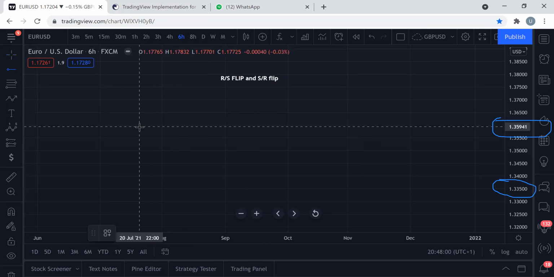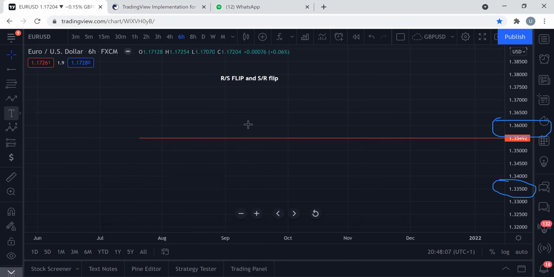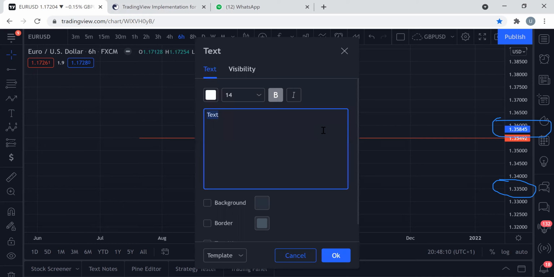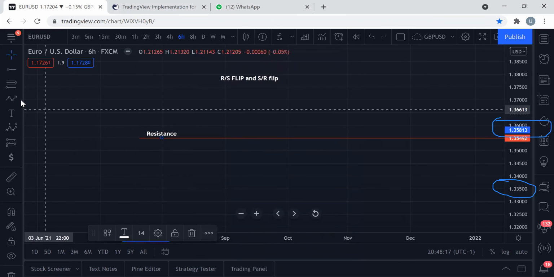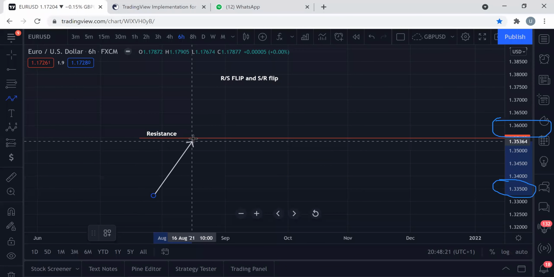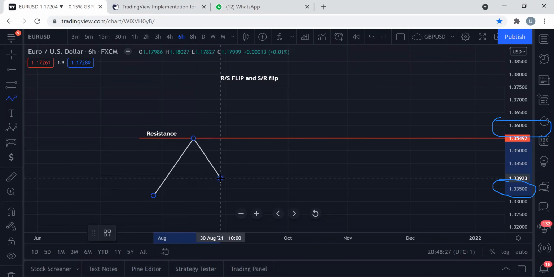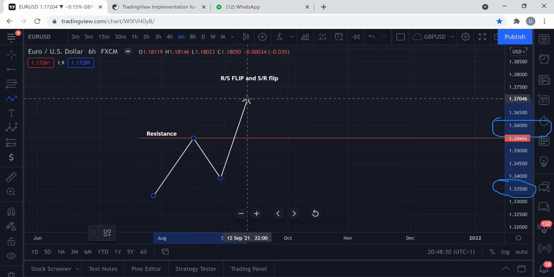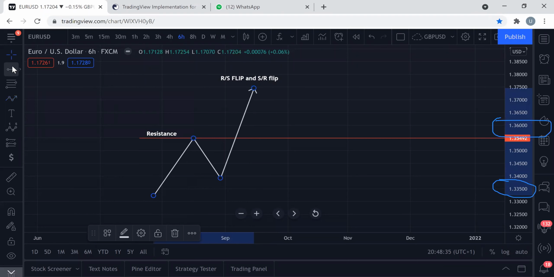Now let's say we have our level of resistance here. This is resistance. We have resistance here, and price approaches this resistance. Let's say it rejects the first instance. Then the second time, it breaks through. Now, if the price breaks it like this and comes back to it,